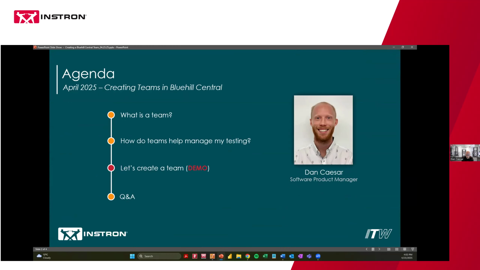Today, what I want to spend some time on is talking about teams in Bluehill Central. And so this session, primarily, we're going to be spending it in the application, starting from a fresh database as if you're just getting started with Central, creating that first team, talking about some considerations that are worth thinking about